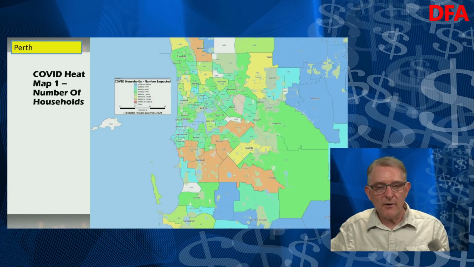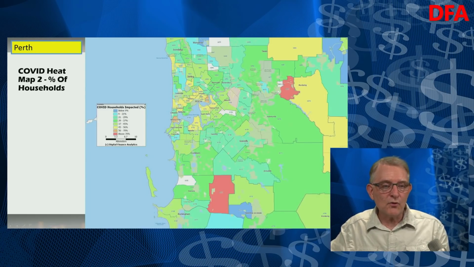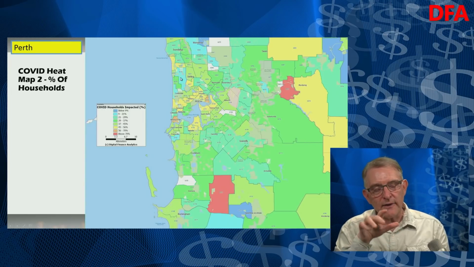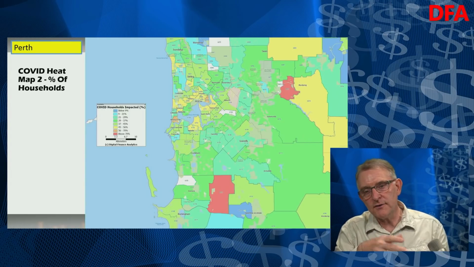And then we just go to Perth to finish this off. And again, you can see that, like Wanneroo, north of Perth there, we've got some issues there and down south in terms of the number of households impacted. And that's partly to do with the high density population that we've got there. And then we've got the proportion of households. And again, you can see some slight differences down south and out there. So it gives you a bit of a flavour as to where the hot spots are with regards to COVID